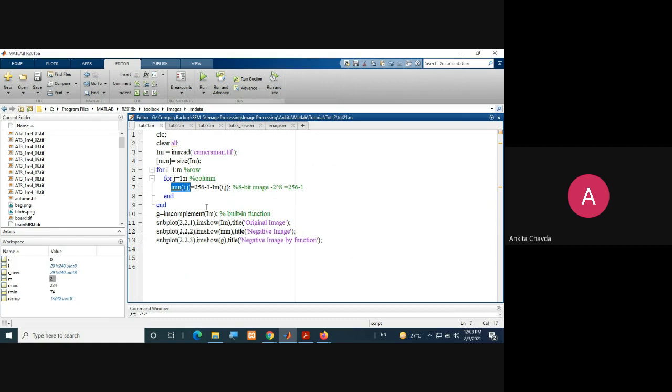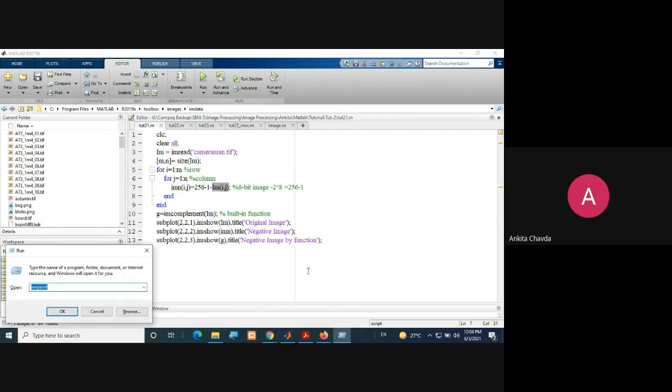Right now imn of i, j is blank, so there you give the intensity 256, which is your L for an 8-bit image. L minus 1 means 255, so it is L minus 1 minus r, where r is im of i, j.